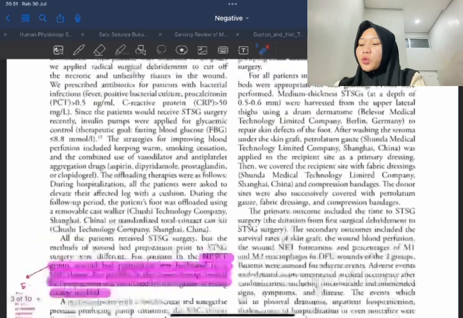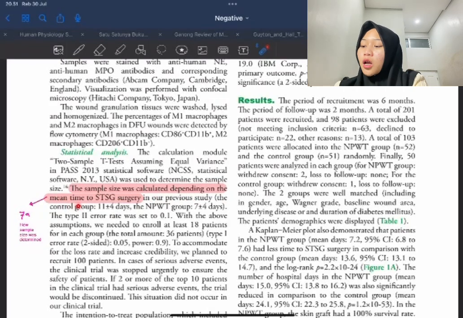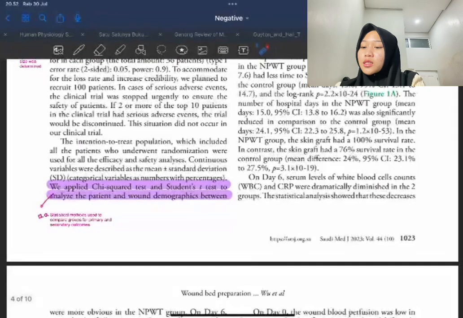The sample size was calculated depending on the mean time to SDSG surgery. This is 7A, how sample size was determined. We applied chi-square test and student t-test to analyze the patient and wound demographic between groups.